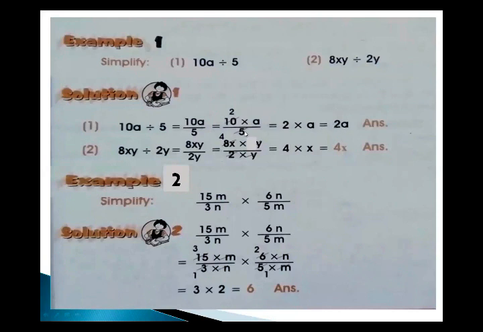So 5 over 5 is 1, 5 twos are 10, and then there is just a 1 in the denominator, so we don't write 1 in the denominator. Here you see there is no 1 in the denominator, and we have a numerator which is 2 into a. This answer, 2 into a, is also okay, but we write it as 2a. We skip the sign of multiplication because both of these terms don't add or subtract with each other, since we don't have the value of a over here. That's why we just write 2a.